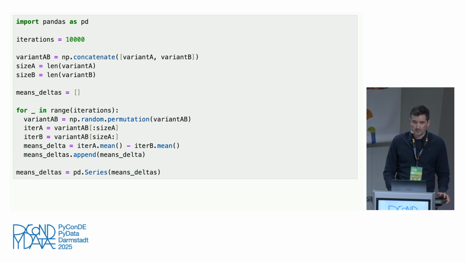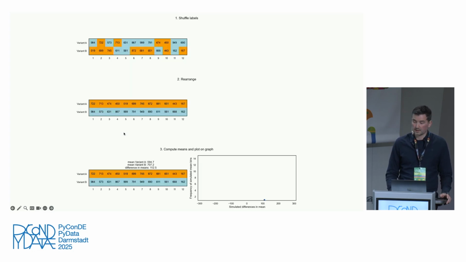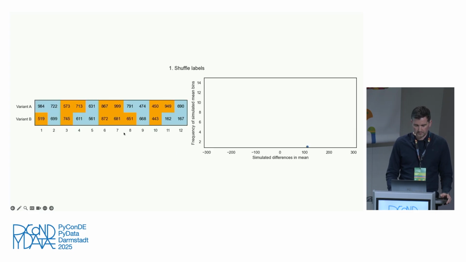So this is the code. I used NumPy for this, but you don't need NumPy, especially for the permutation. You can directly code it in pure Python. And then, as I said, you just take a number of iterations. I just take 10,000 iterations, and then you just go through it. And since this is a bit small, I will just skip this one and just show the